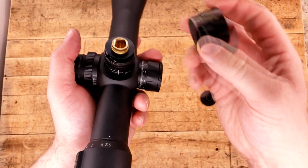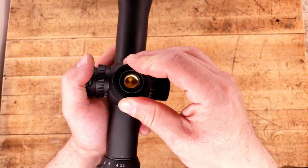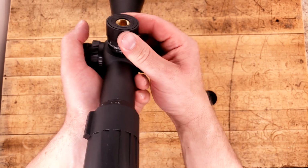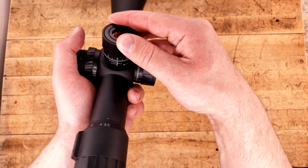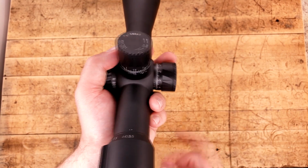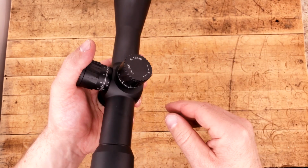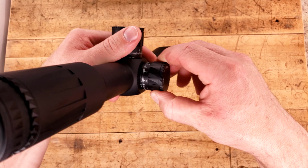Beautiful. However, because they're super fine, you got to make sure you line this up perfectly before engaging it down. Because if you try to force this, what's going to happen is you're going to mess it up. But it does line up basically perfect. The windage knob is the exact same setup. I'm not going to take it off and show you that because it's redundant, but